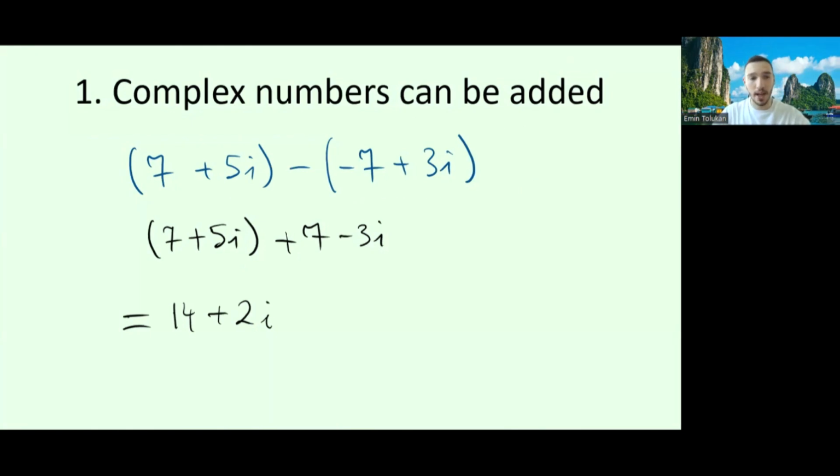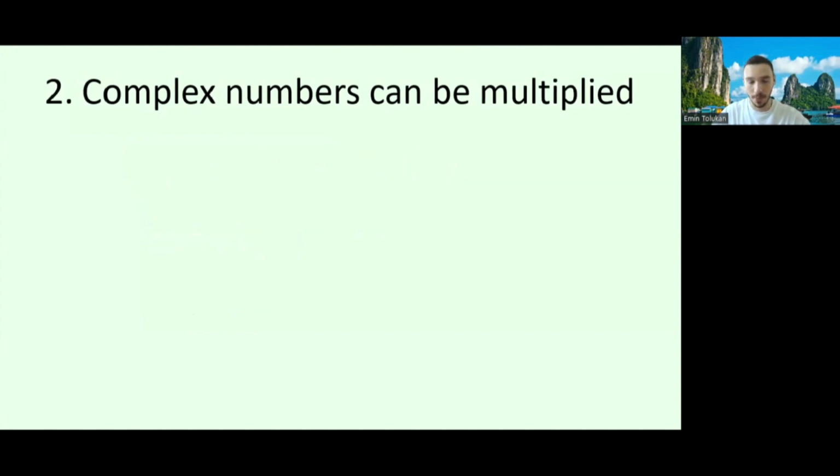So the next thing that we can actually do with complex numbers is we can multiply them. When I say multiply, I basically mean multiplying them like the factors of a quadratic equation. Remember, we used to multiply such factors, and when you multiply them, you have to do step-by-step multiplication. First, this multiplied by this, and then this multiplied by this, etc. In the same way, we do it with the complex numbers, but there is one interesting fact that I have